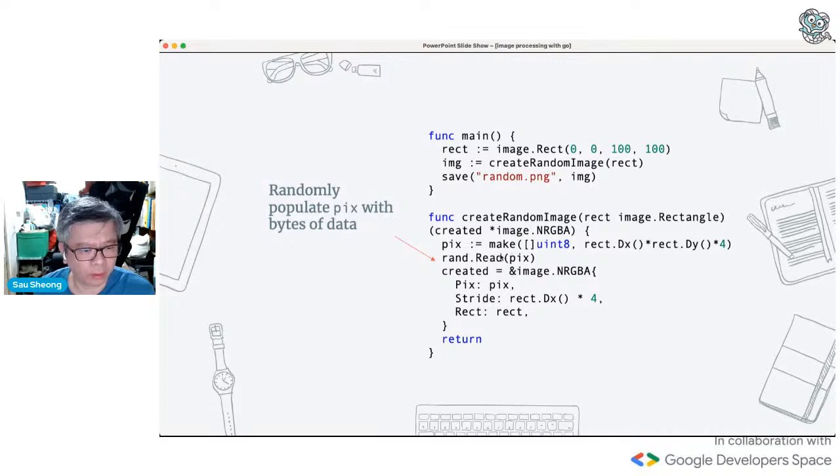And then what I do is I call rand.Read, and this will populate the pix byte array. With this pix byte array, I can create an image.NRGBA, pass in the pix variable. You put in a stride, you put in the size, and you're done. Basically, this will actually create an image.NRGBA. Okay. Once this is returned, you can call save, and it will do the encoding, and it will be saved as a PNG file.